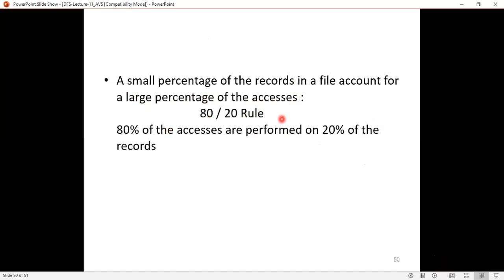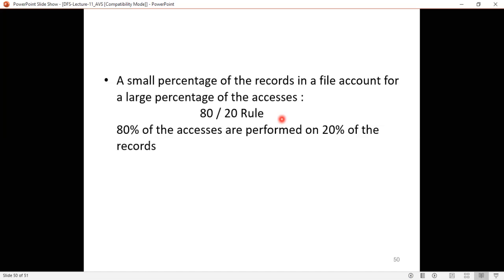For example, consider a grocery shop. In that grocery shop, it is said that 80% of the accesses are performed on 20% of the records. That means some important groceries like milk, curd, all those things which most people want on a daily basis, will be kept near the entrance itself or near the counter.